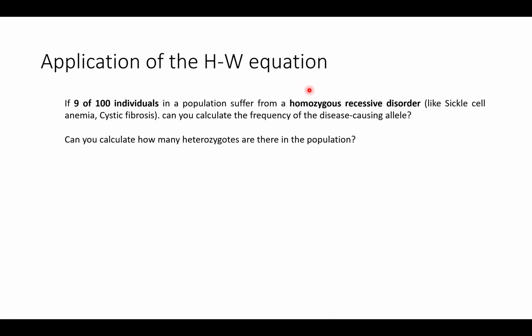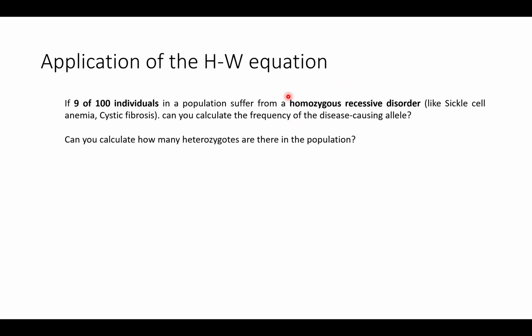Okay, I won't take much time. So see how this question is solved. It says 9 out of 100 individuals have a homozygous recessive disorder. For the homozygous condition, like in the previous case where there is small w, small w, here let's say it is small a, or depends on what name you want to give the disease causing gene. Let's say small d, small d.